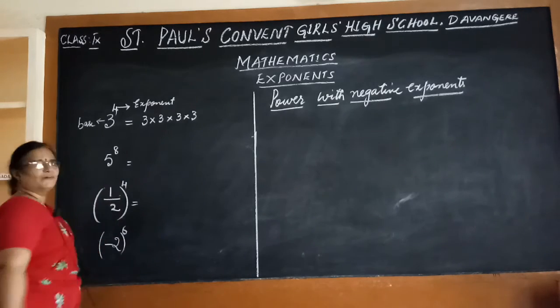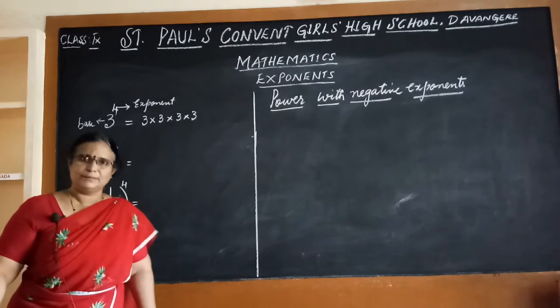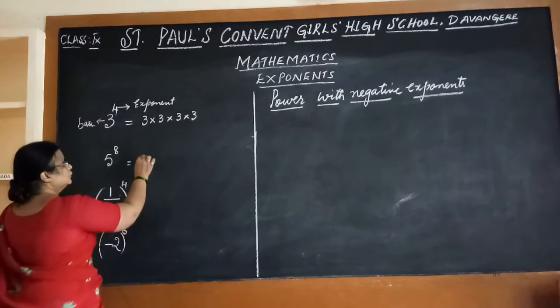5 to the power of 5. Base 5 is repeated 8 times. So 5 into